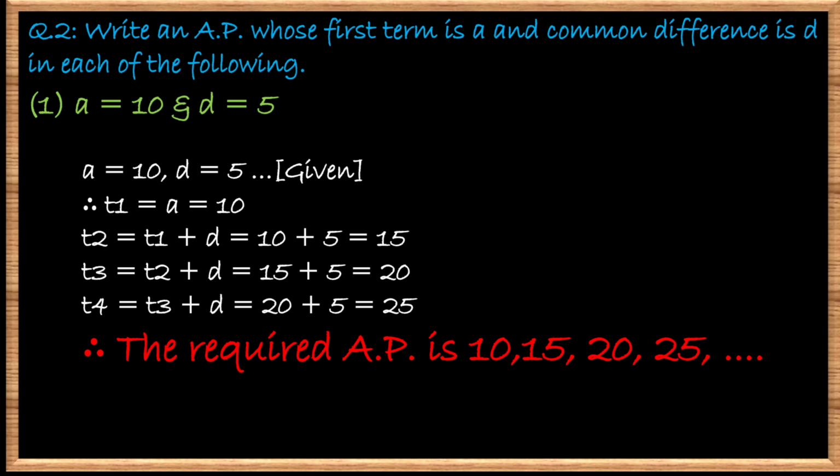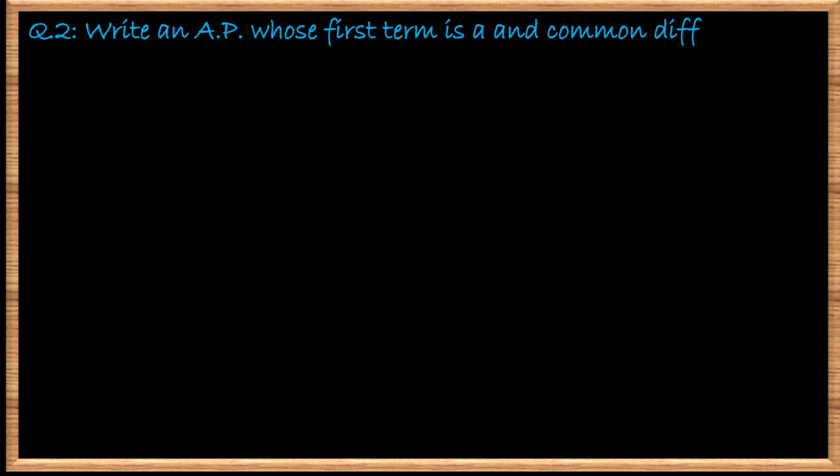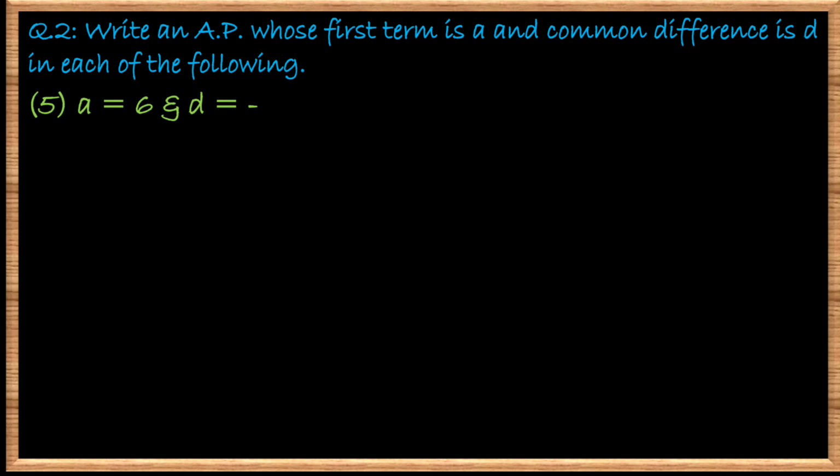So what we have to do, we just have to add the difference to the first term and get the remaining terms. We'll see one more example of this kind. Write an AP whose first term is A and the common difference is D. A equal to 6 and D equals to minus 3. So here